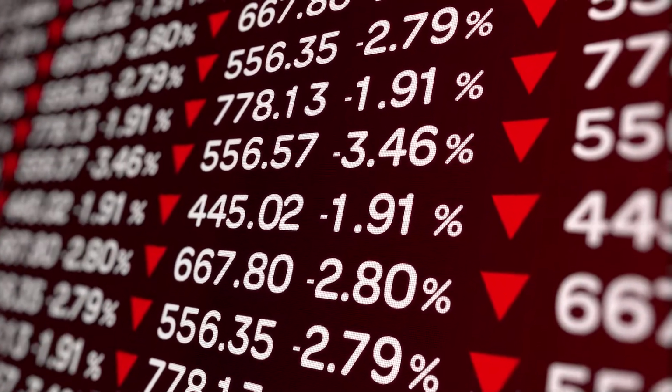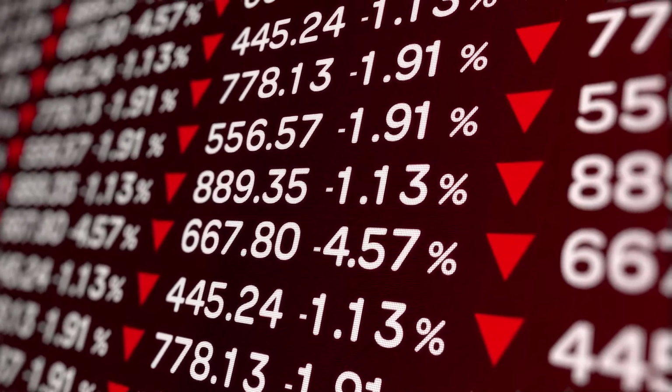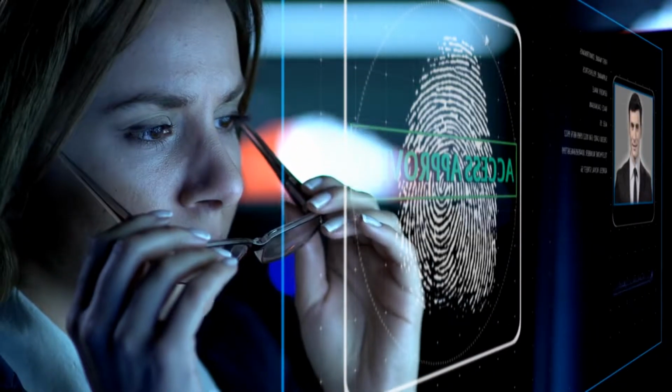This is where threat detection and response places companies in a better position to identify threats and proactively minimize and